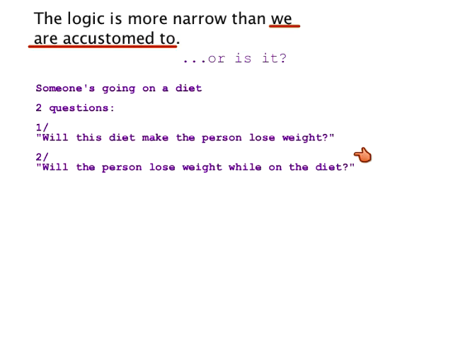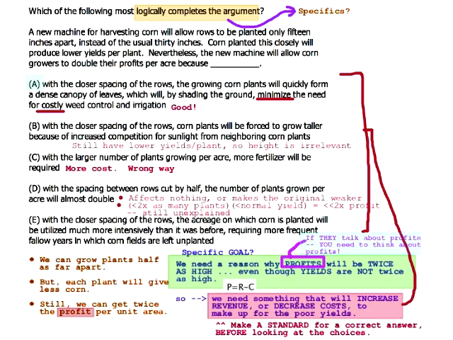You just have to think very carefully about what the umbrella of the discussion is. If this is the discussion, then this is strictly in terms of cause and effect caused by the diet. But if this is a discussion, then it's every single thing the person does during that period of time. So if you have a standard like this, and you see something that is a very obvious fit for it, then about the pull-the-trigger question, you may as well just pick it and move on. Partly that's a personal qualities question. If you tend to get led astray easily, then once you see this, you should just move on.